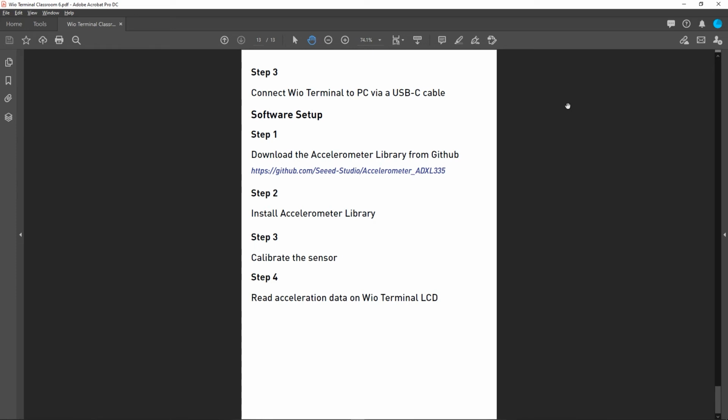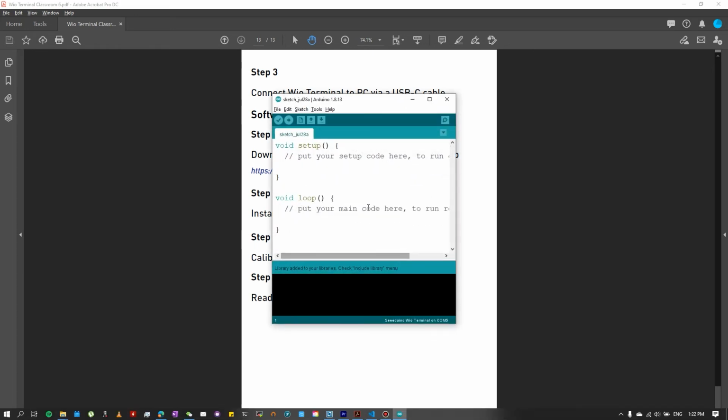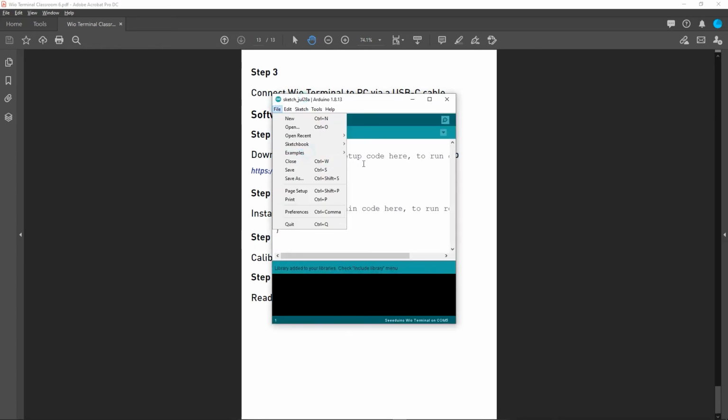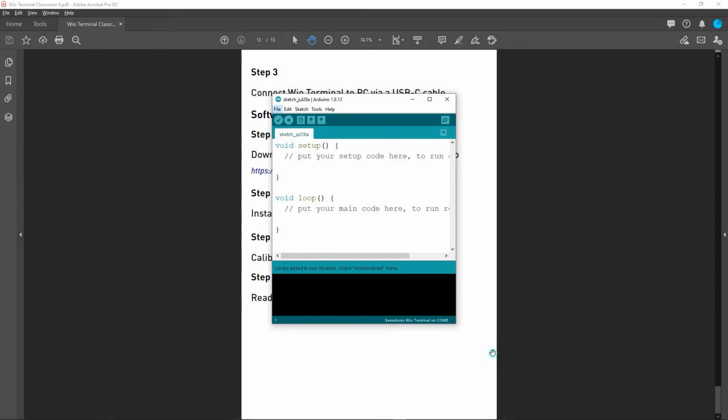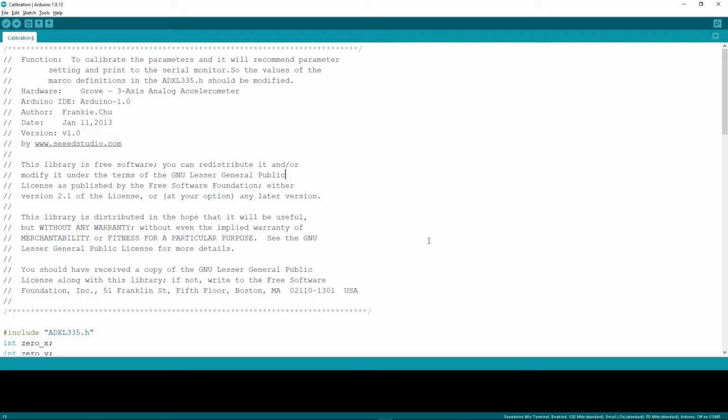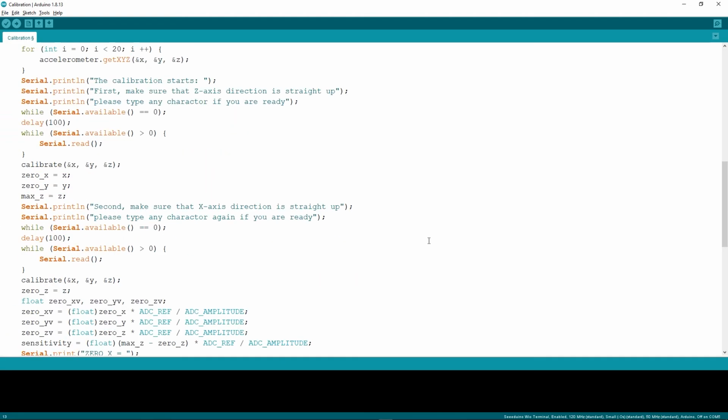So to calibrate the accelerometer, let's open the Arduino first, go to File, Examples, and go to Accelerometer ADXL335 and from there select Calibration. So this is the code needed to calibrate this sensor in the beginning.